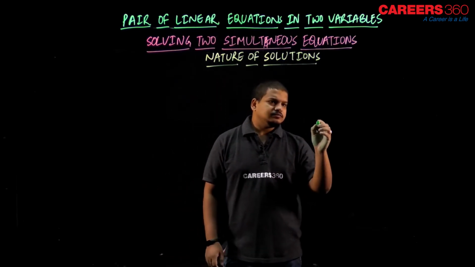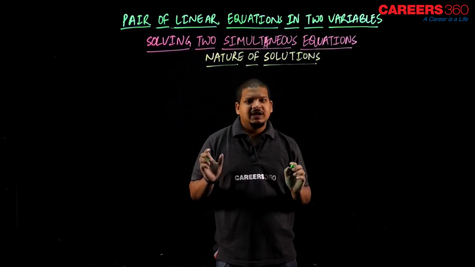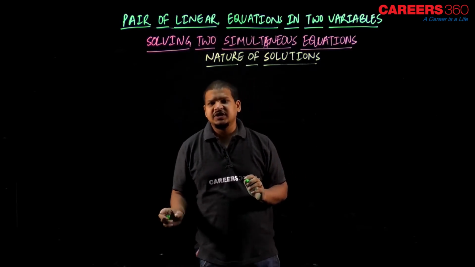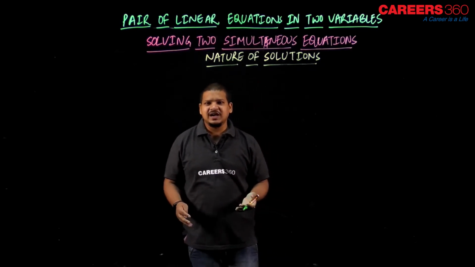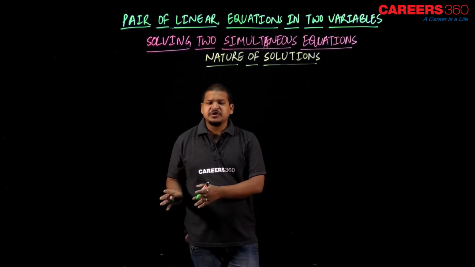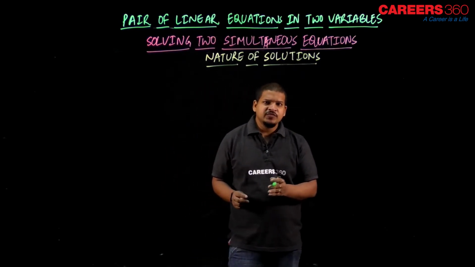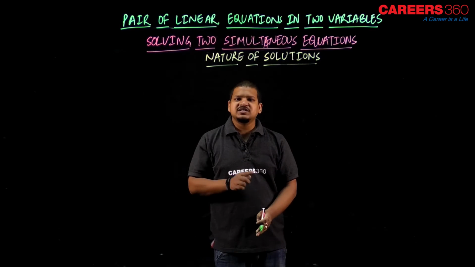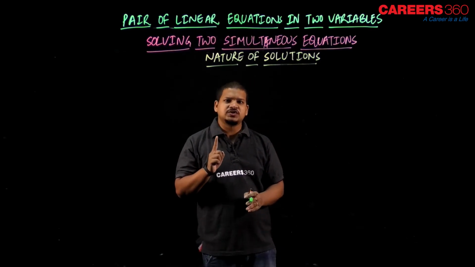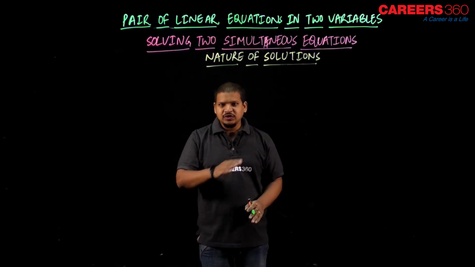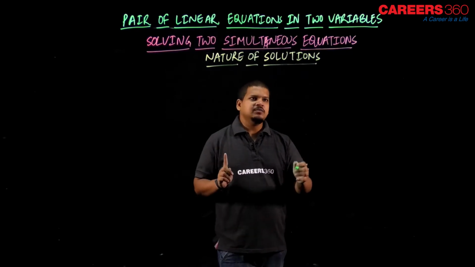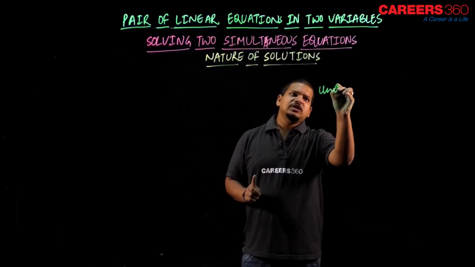Now you need to understand this. As I described in the last graphical representation, the two lines were intersecting one time, right? And two straight lines can intersect. If two lines are intersecting just one time, then there will be a unique solution.